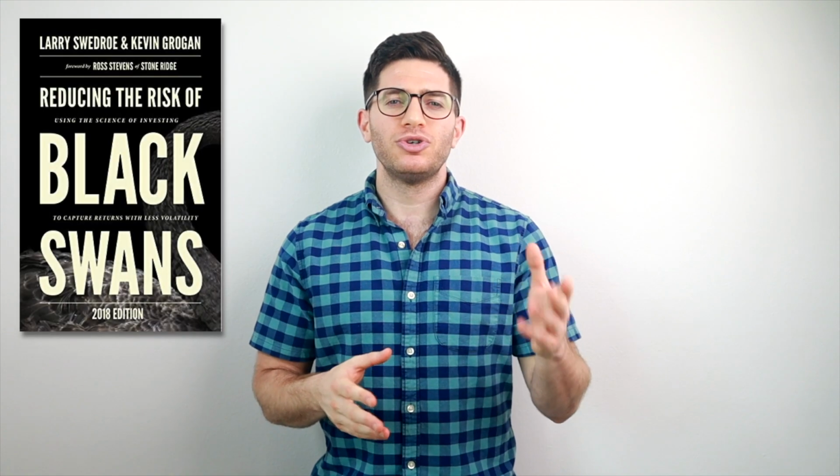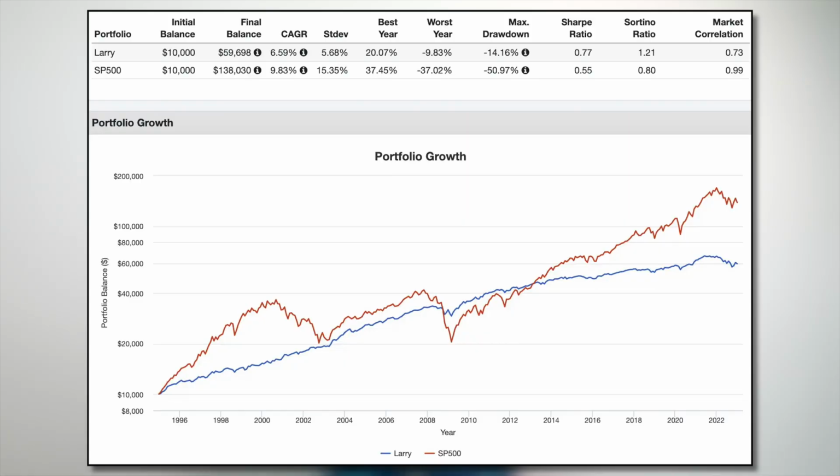Swedroe originally presented the Larry Portfolio in a book with Kevin Grogan in 2014 titled Reducing the Risk of Black Swans. I would also highly recommend his book, The Only Guide to a Winning Investment Strategy You'll Ever Need. If you're interested specifically in learning about factor investing, he also has a book titled Your Complete Guide to Factor-Based Investing. Using comparable mutual funds from Dimensional to extend this backtest, here's a rough approximation of the Larry Portfolio's performance